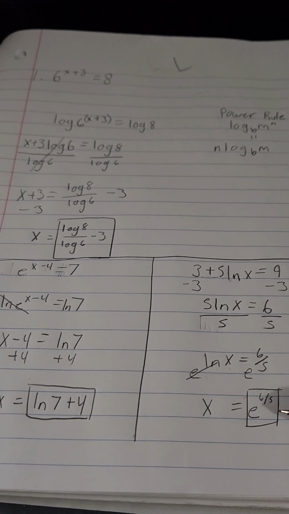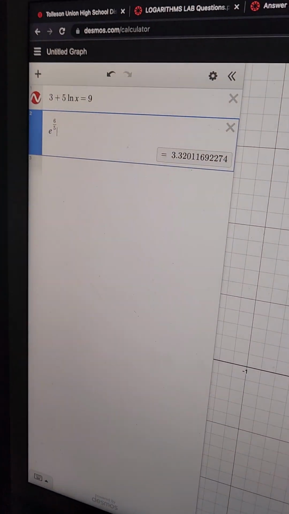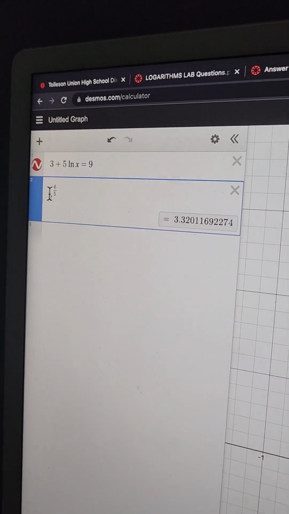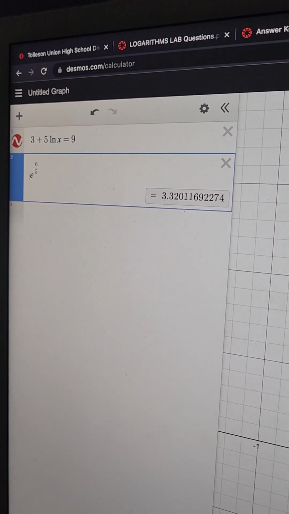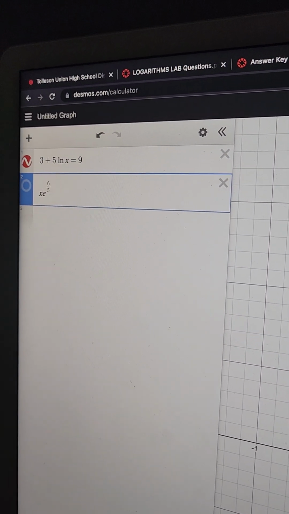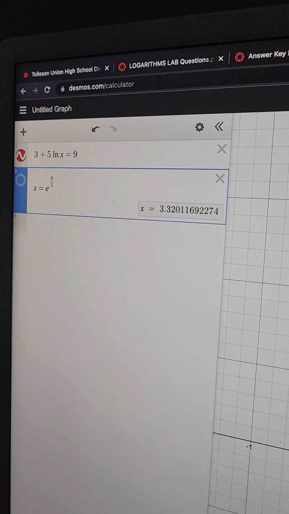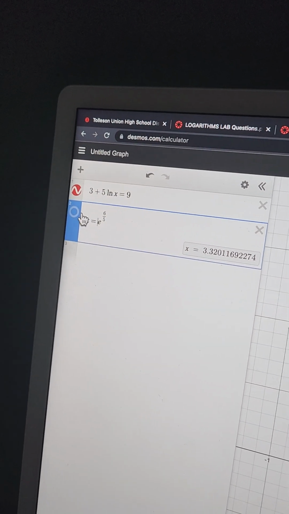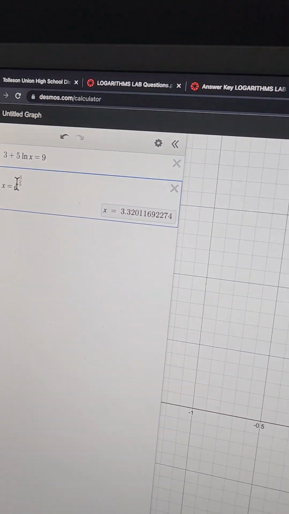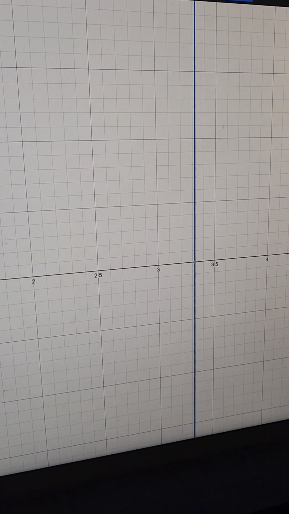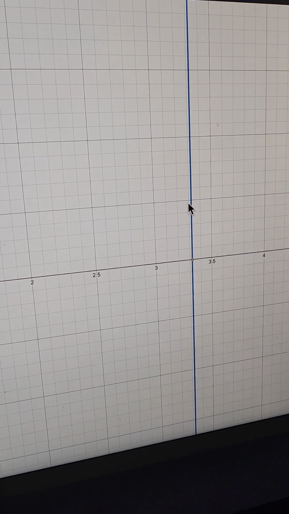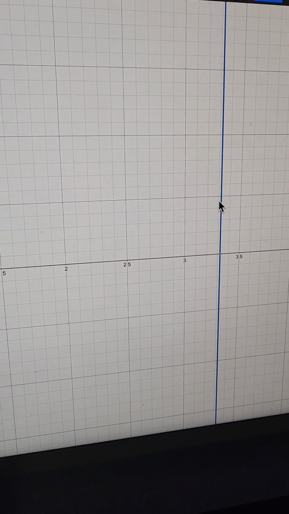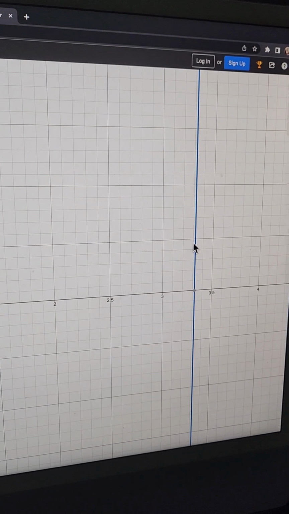And we can plug that in, right? e^(6/5), and then we can set that equal to x too. x equals, and then turn that on. And it should be the exact same line as well. So yeah, that's how you do letter L. I'm going to do the rest in a little bit, right now after